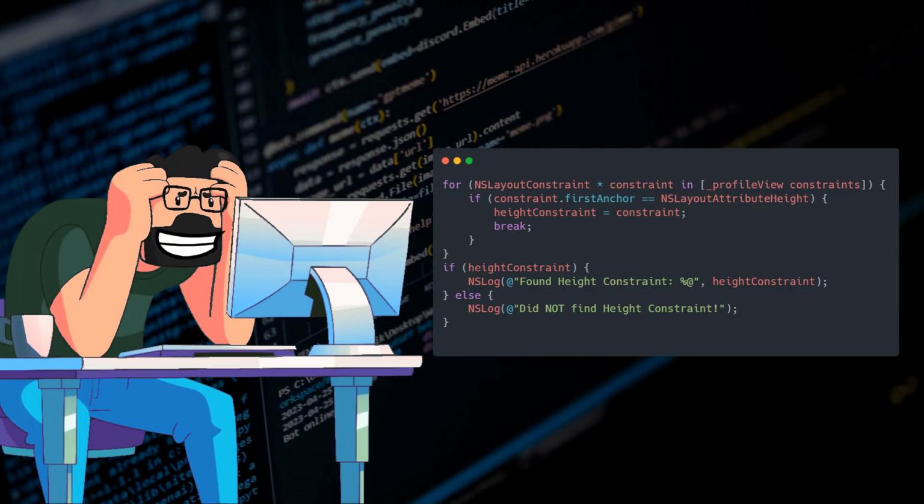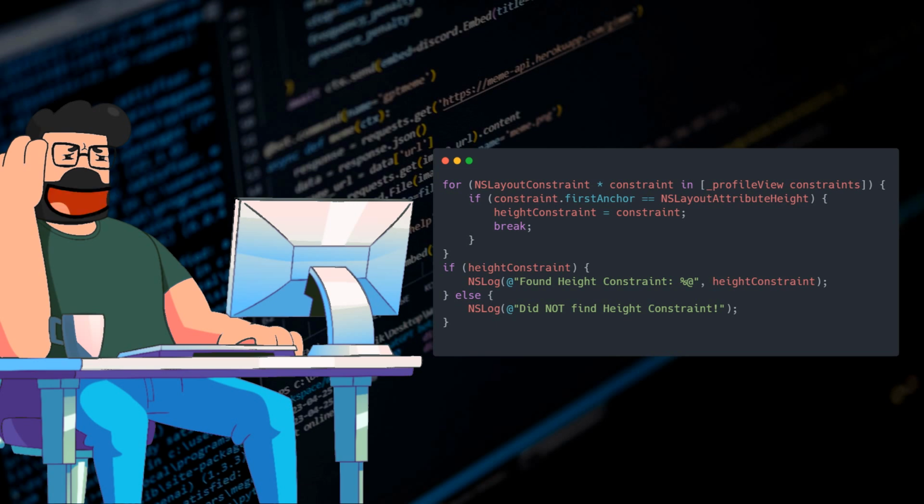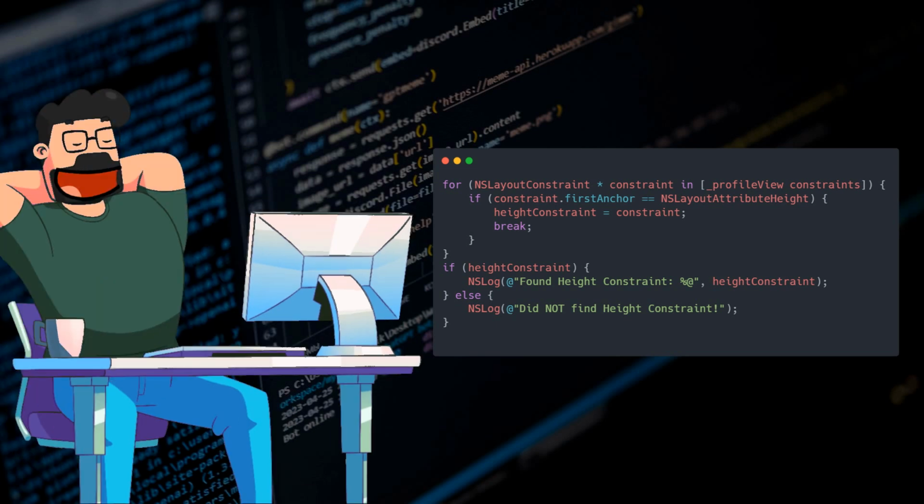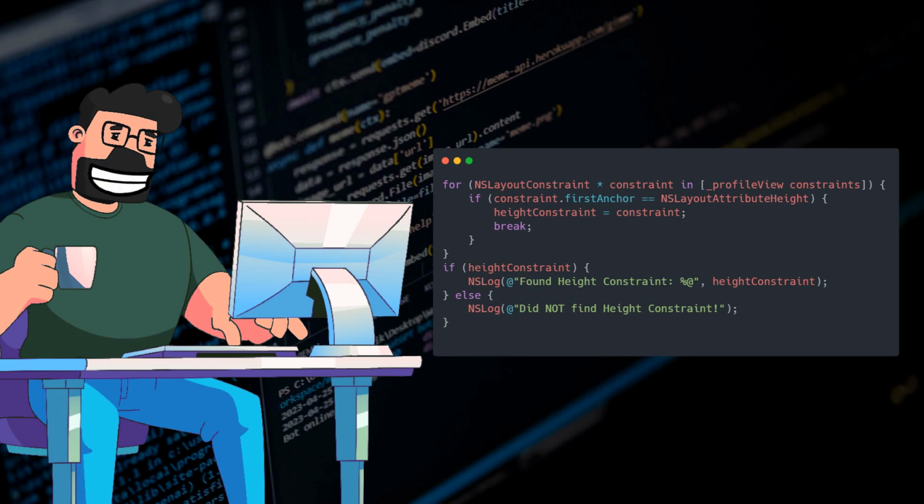The initial code snippet loops through the constraints of the profile view to find the height constraint. If the height constraint is found, it updates the constant accordingly. However, as indicated by the revised code snippet, the initial approach does not accurately identify the height constraint, leading to